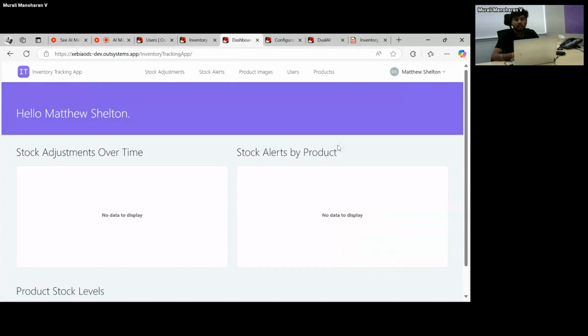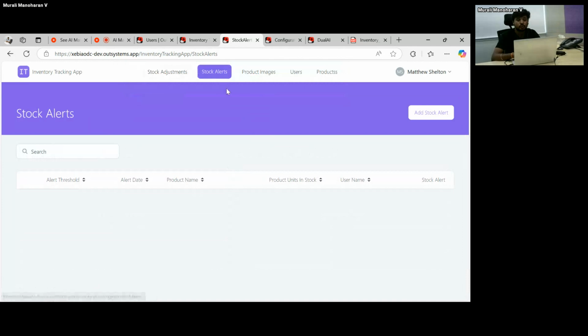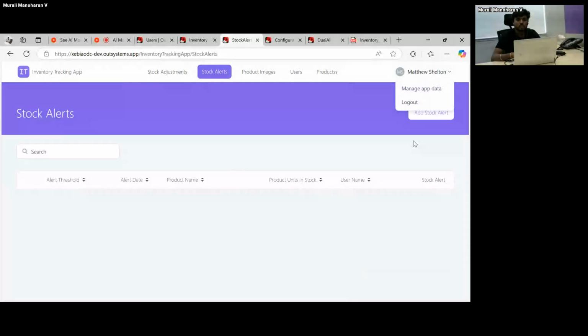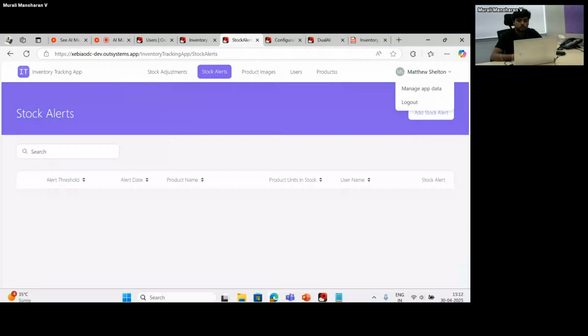So in case you are giving the project requirement with some external connectors like SQL and other things supported by the ODC Mentor, then you need to configure those things inside the app by going to the ODC portal, or else if it's a simple app, all other things will be added directly from the OutSystems end itself, and you can see the things. Currently it uses the external DB, so we are not able to see the data, but the app is created with a good UI. So it will help us reduce the manual effort from our end during the initial stage of creating the app. So coming back to the PPT slides,